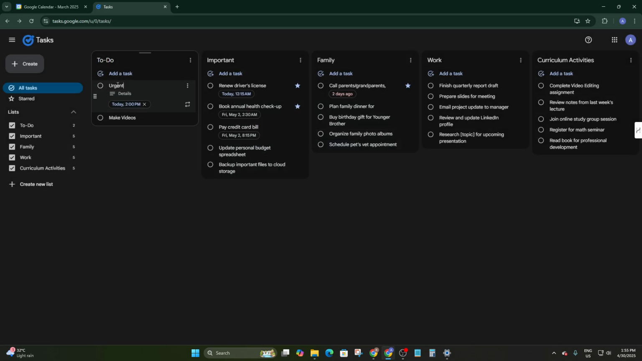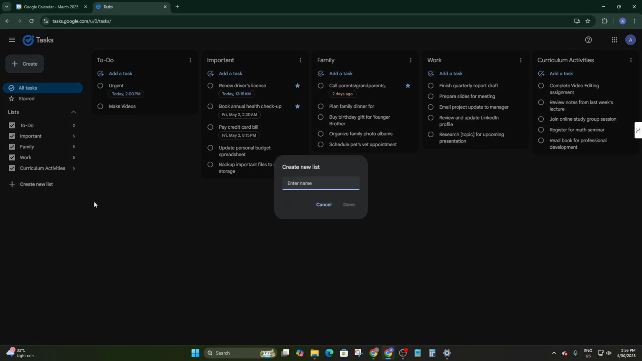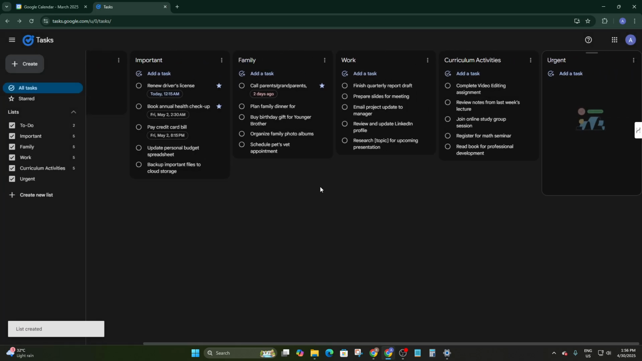I have just created this one in this section. If you want to create a new list, you can click on create new list and enter the name here, like urgent. So here is the urgent tab where you can add some tasks. From here you can simply add them